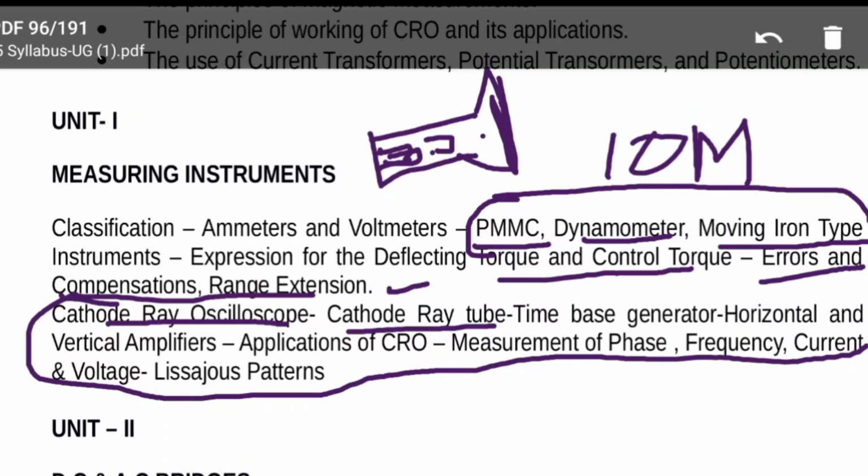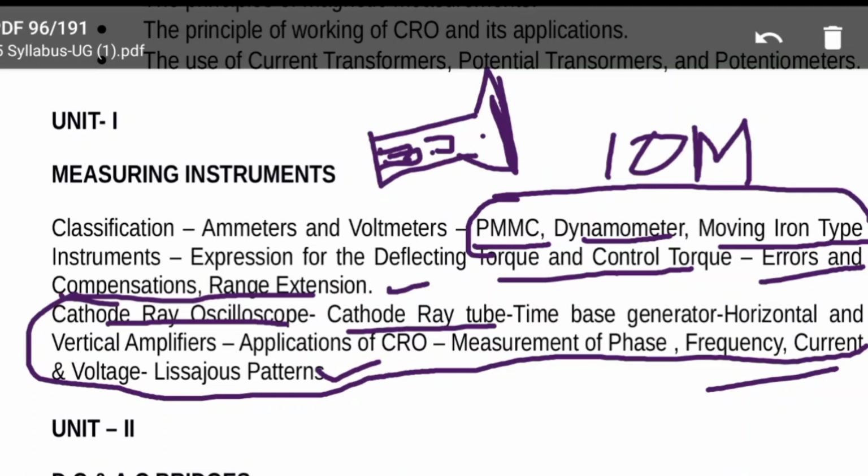2 marks questions may also come from Lissajous patterns, for measurement of phase and frequency. Lissajous patterns are also important. For 2 marks they will give one Lissajous pattern, and you identify or calculate the unknown frequency. That's about